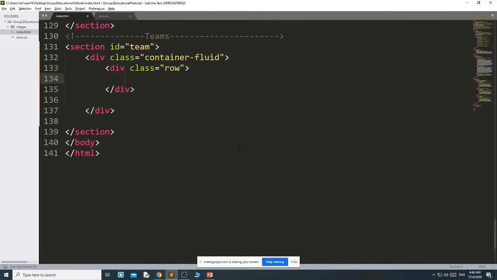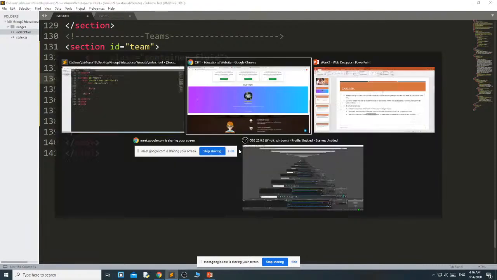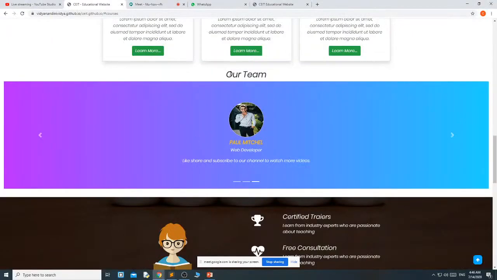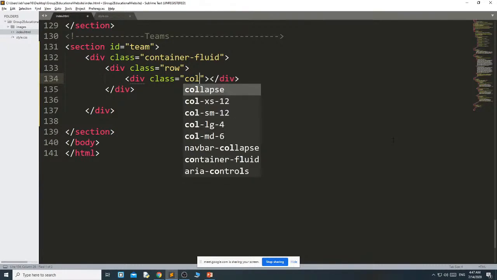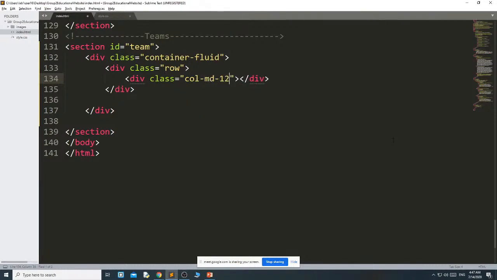First I want this one, and I have made the carousel in all the 12 columns merged into one column, because it is showing only one item at a time. That's why here I have to use div class col-md-12.